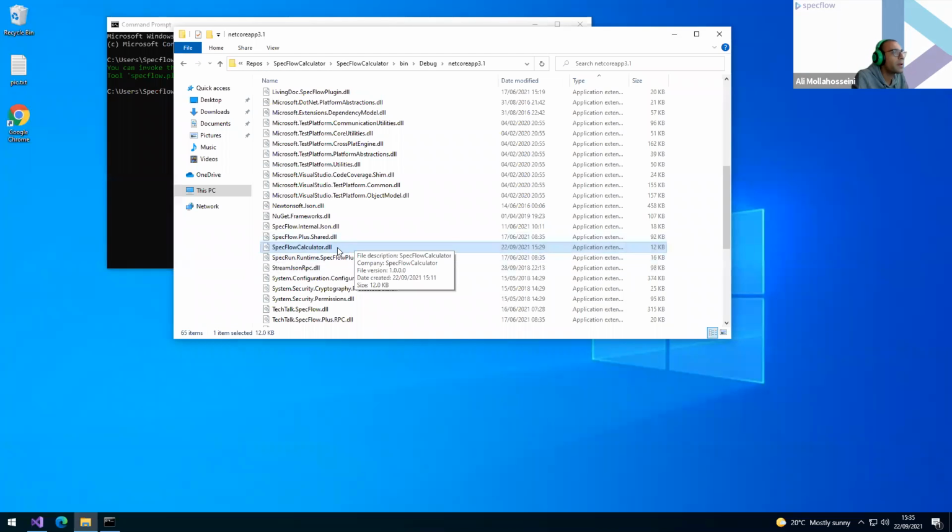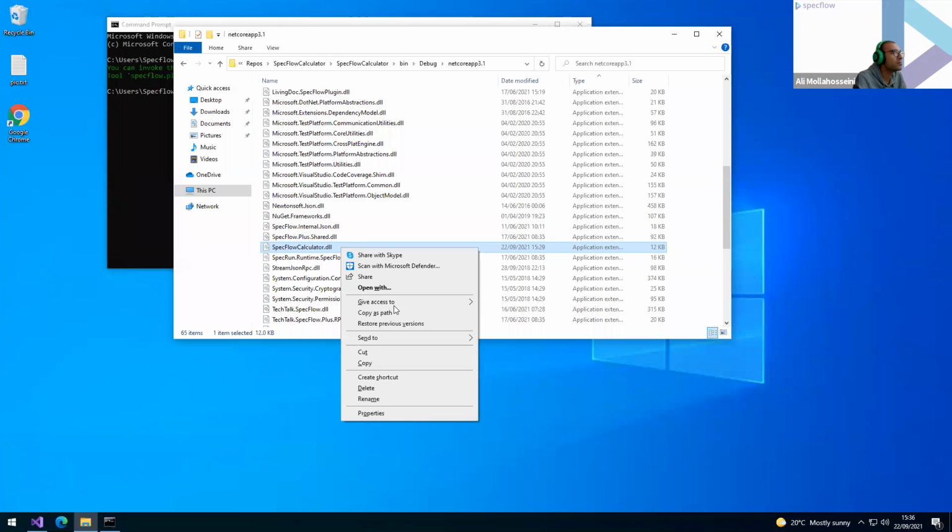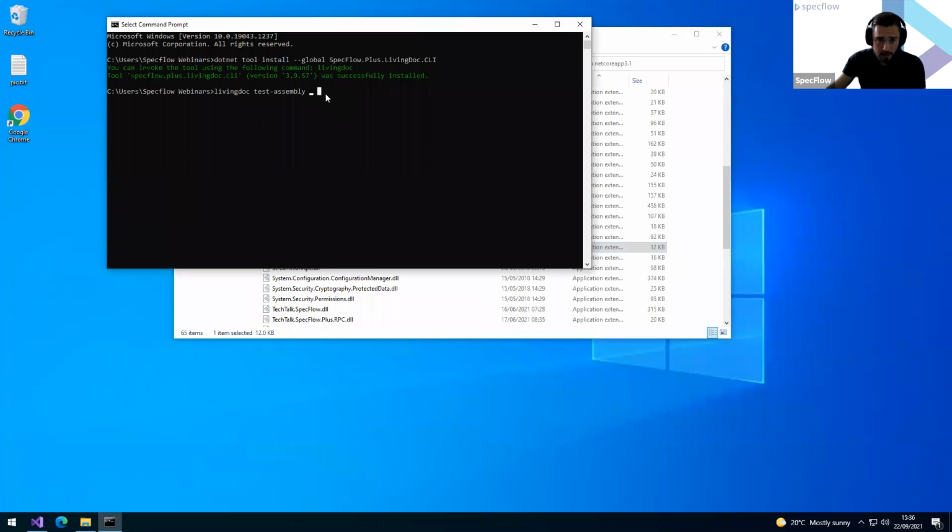Okay, let's carry on. So just to recap then, find your assembly that contains your tests. And if you shift right click on the assembly, you can copy the path to the assembly. And this is our test assembly parameter. And we also need, well, we don't have to use it, but we'll use it in this instance, another parameter, which is -t, and we can actually provide